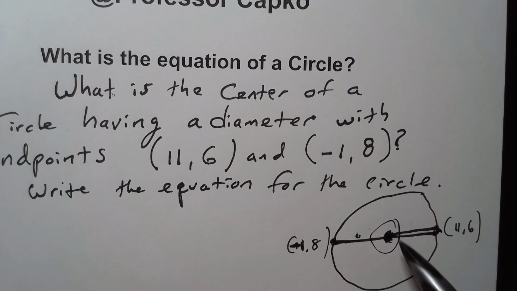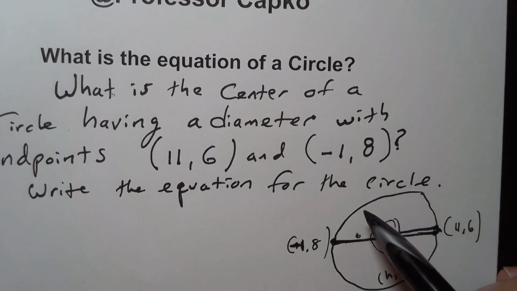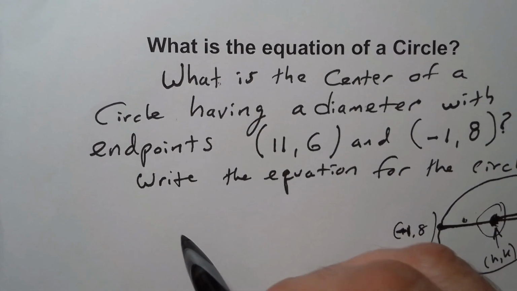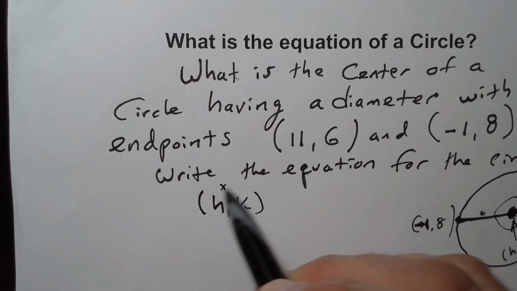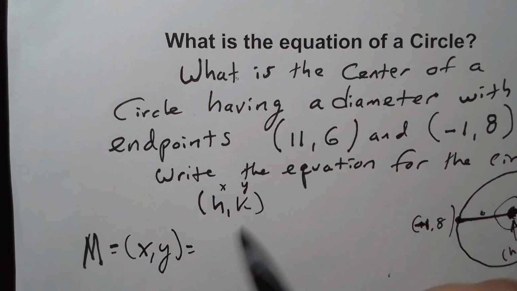Let's find this center. We need the h and k, which is how we normally say that the center is (h, k). So to find it, we're going to need the midpoint formula. So we're finding the h and the k, which of course are the x and the y for the center of the circle. Our midpoint formula is M, and that's going to give us our x and our y, is equal to